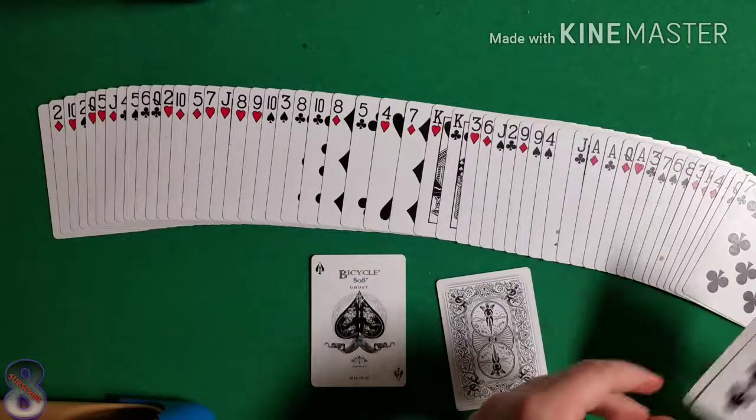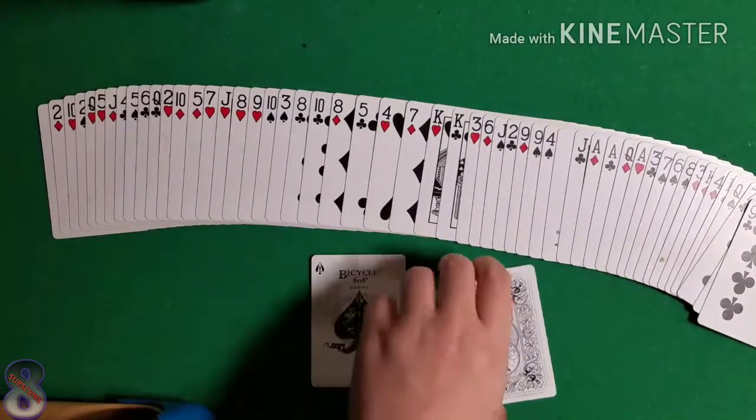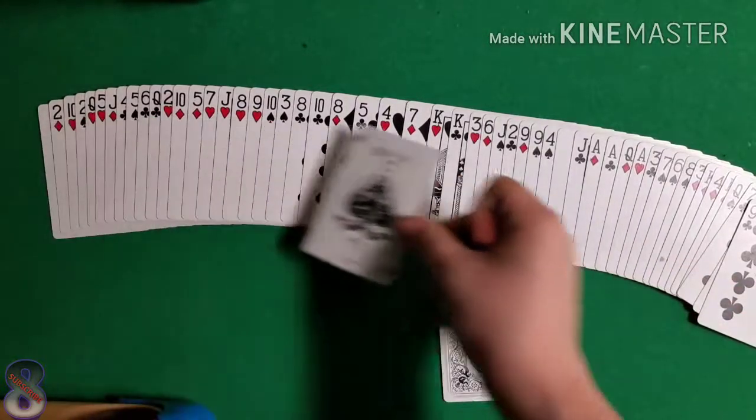There will be nothing wrong with them. So if you have a double backer, great. If not, just tape two cards together and you can do this trick. Now, the second thing you're also going to have to do is you need to pick out any card in